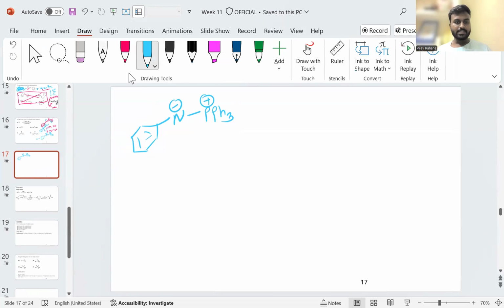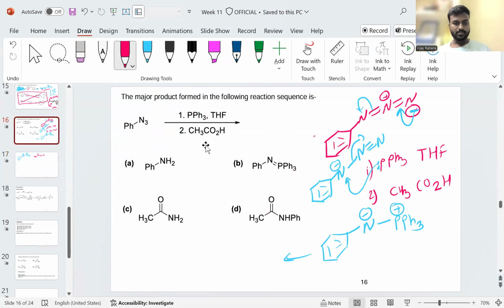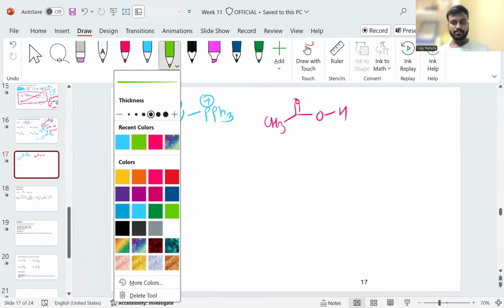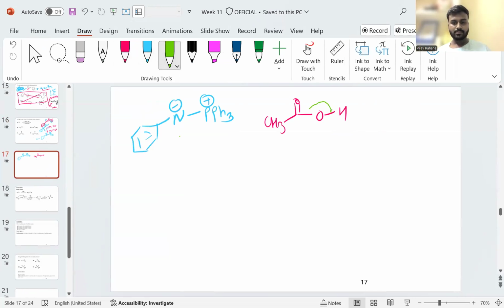Now when we react with the acetic acid, that's the OH, right? Right, when we react with the acetic acid, what will happen? This O negative can attack on the phosphorus,